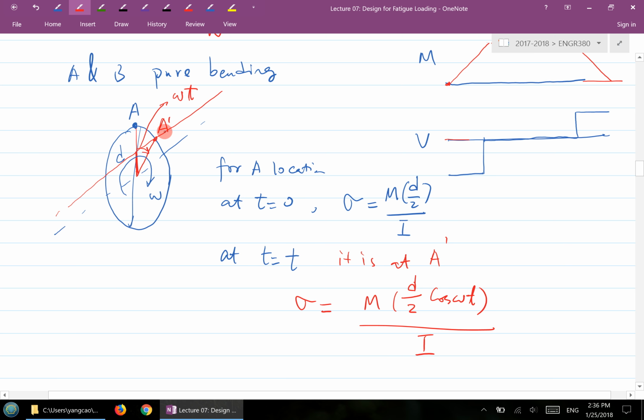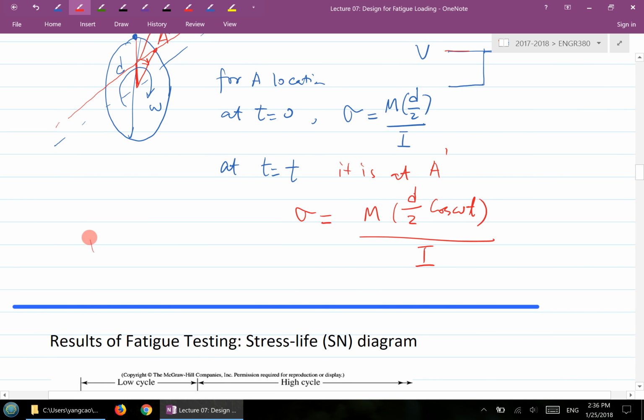So at any other moment A prime, your stress is this much. At the top and the bottom, you have the maximum, which is this value here. If you look at the sigma here, sigma refers to the stress for the same location, because it's rotating. That's why the stress value for the same location experiences